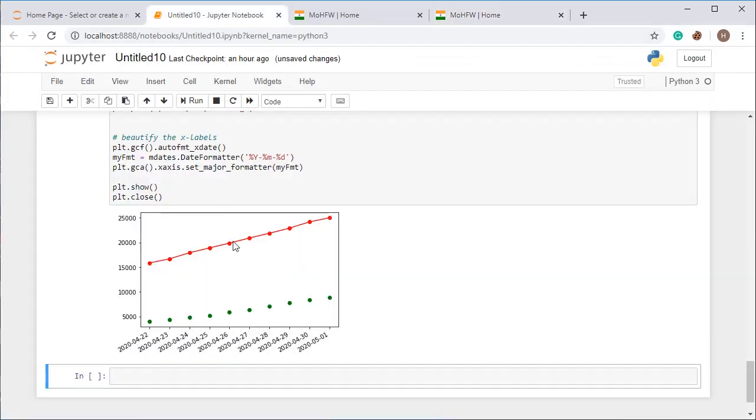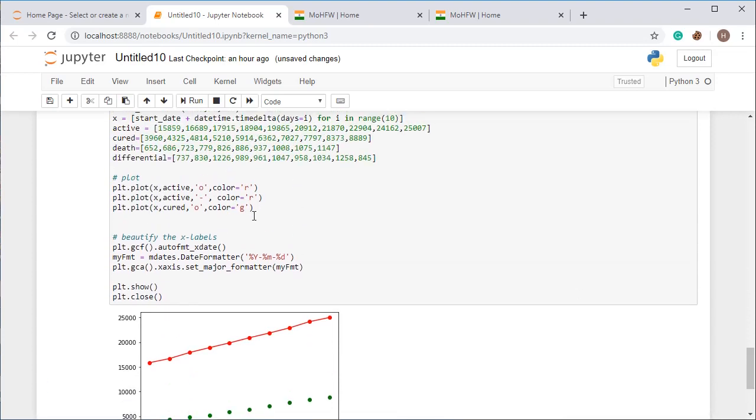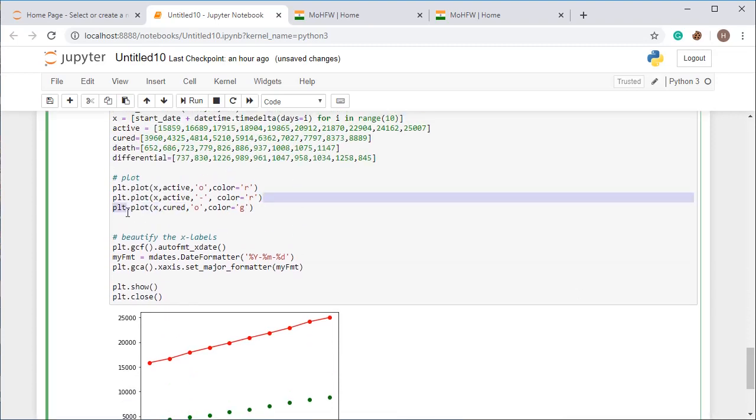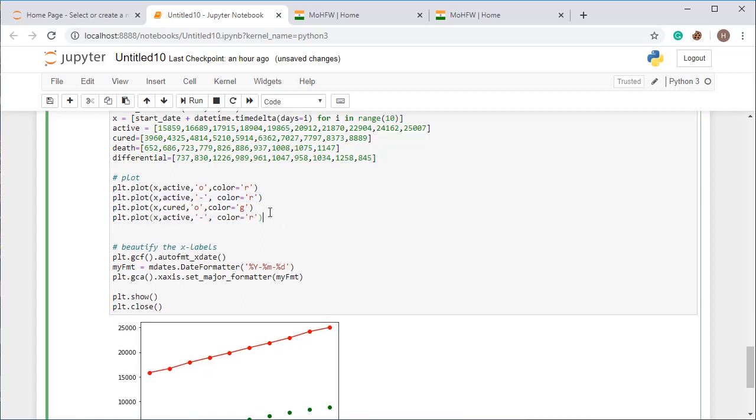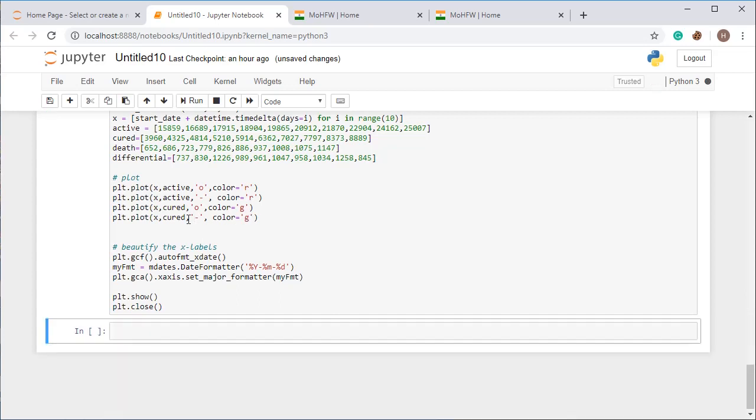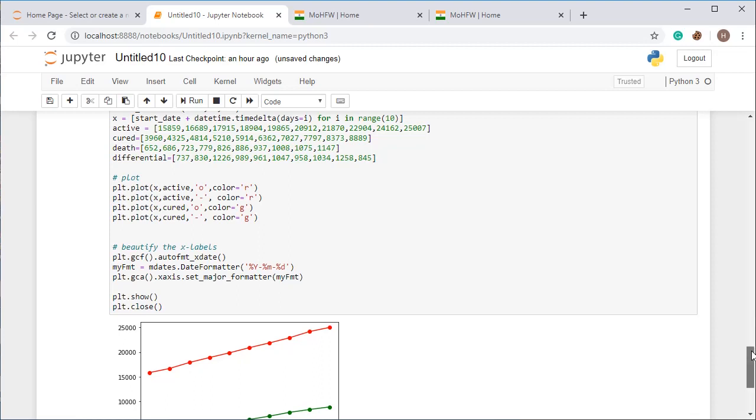Now we are going to connect these lines with the dot. Just copy this and replace active with cured, and color will be green. Just change here G, and you will get a graph like this.